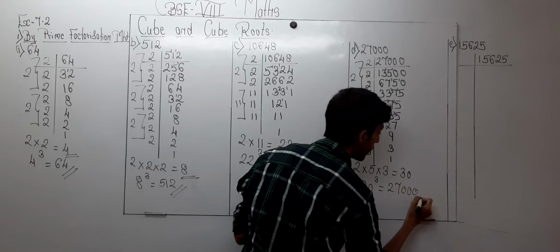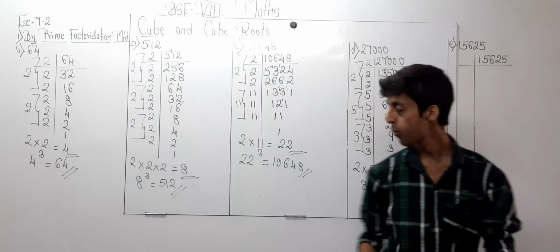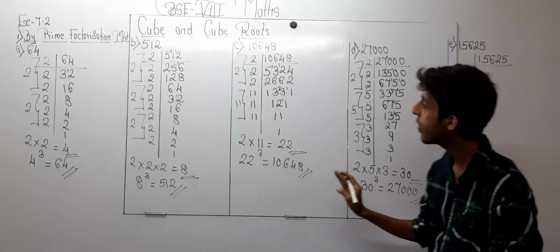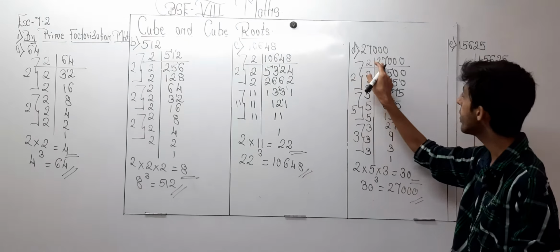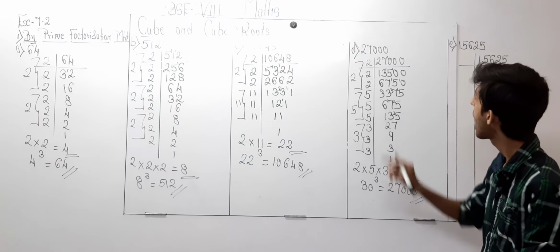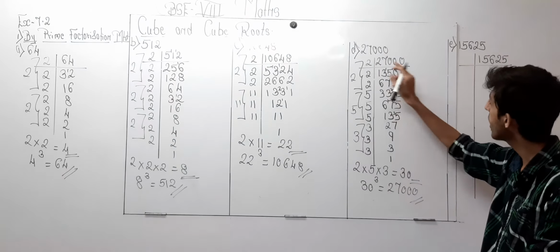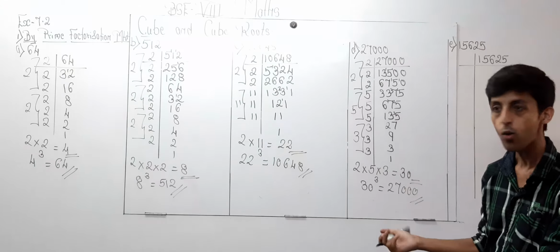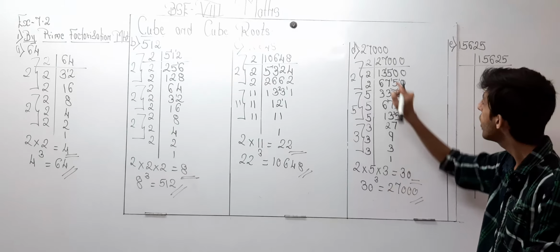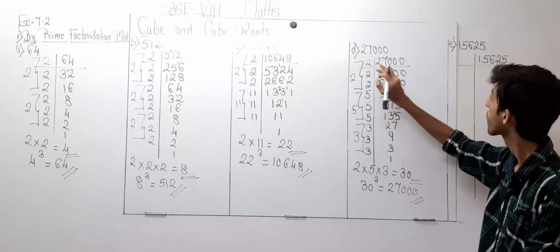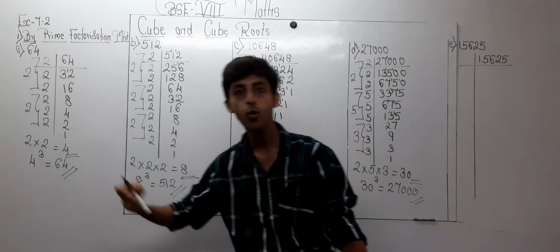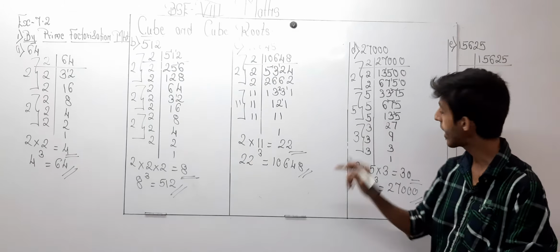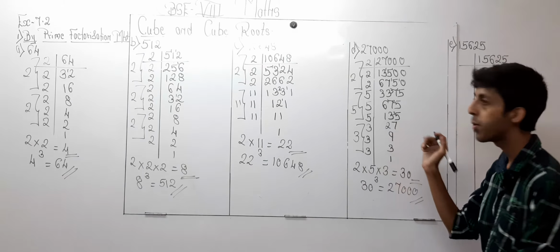How? See over here, now listen properly. Forget about the zeros. 27, in our earlier sums, we have found that the cube root of 27 is 3, correct? And over here this is my 1000. So the cube root of 1000 is 10. So 3 multiplied by 10 is 30. Okay? So that way also we can find it. Or if I am writing over here 64,000, the cube root of 64 is 4 over here, and 1000. So the cube root of 1000 is 10. So 4 into 10 is 40. So the cube root of 64,000 can be equal to 40.